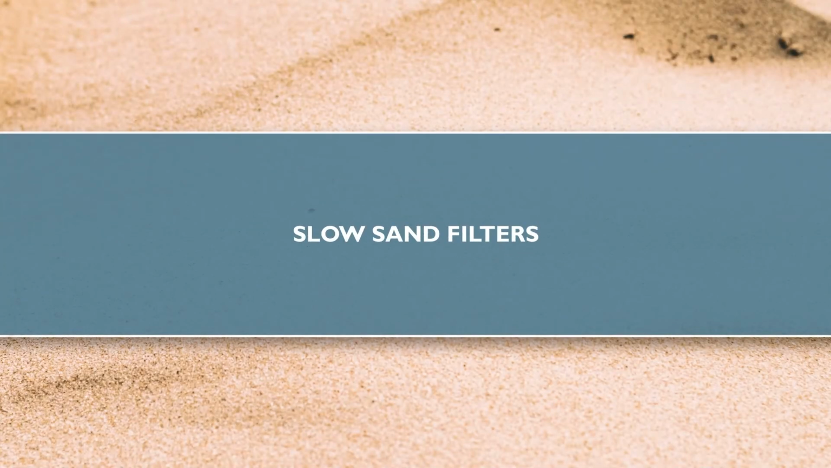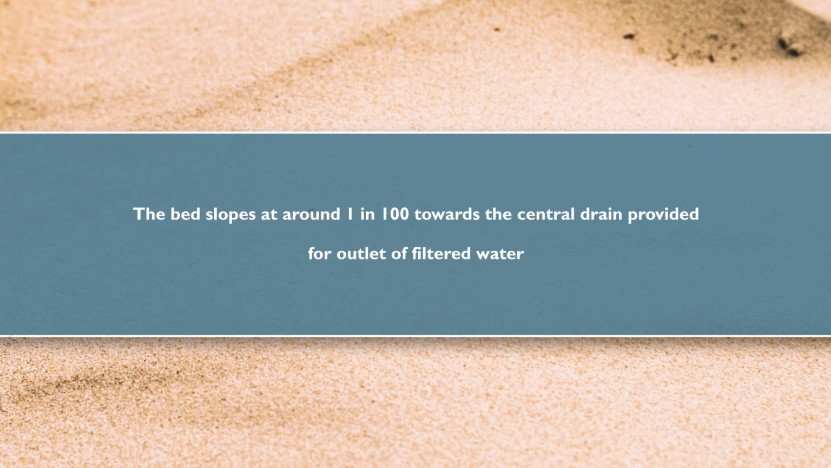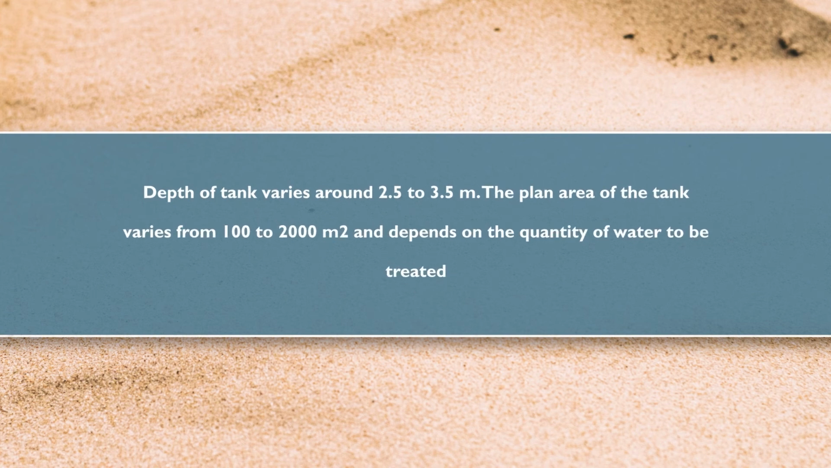Slow sand filters. These are the filters which were first used in water filtration at treatment plants. It consists of an open rectangular tank made of masonry or concrete material. The bed slopes at around 1 in 100 towards the central drain provided for outlet of filtered water. Depth of tank varies about 2.5 to 3.5 meter. The plan area of the tank varies from 100 to 2000 meter square and depends on the quantity of water